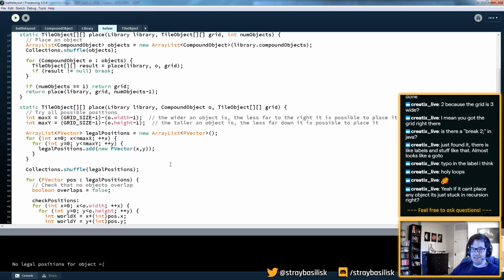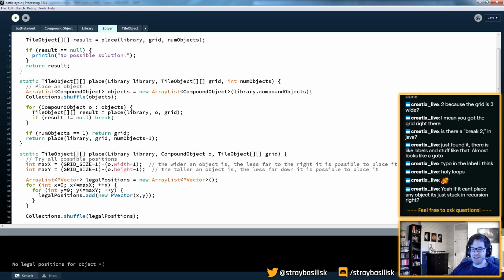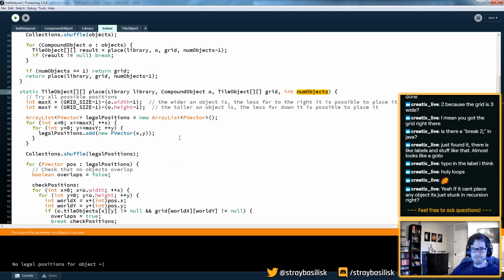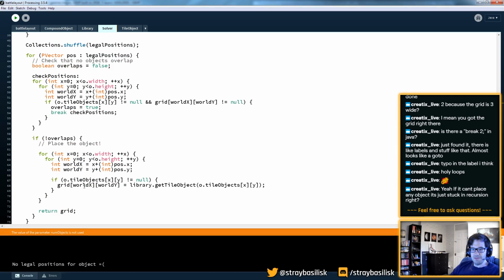So I think the way we need this to work is truly recursively. When we place this thing here, we don't need to return, we actually then want to